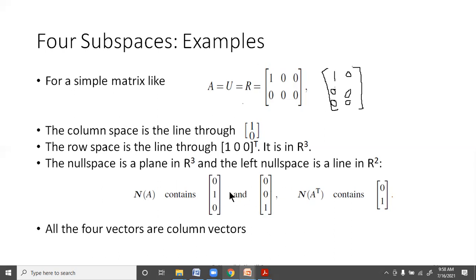This we have already seen. Further, we'll take some more examples. Left null space is just the null space of A transpose. You take the transpose of this, that is this, and now try to find the null space of this. That will give us the left null space. This is A transpose, and the null space of A transpose will give us the left null space. To find this solution, we write A transpose Y equal to 0.